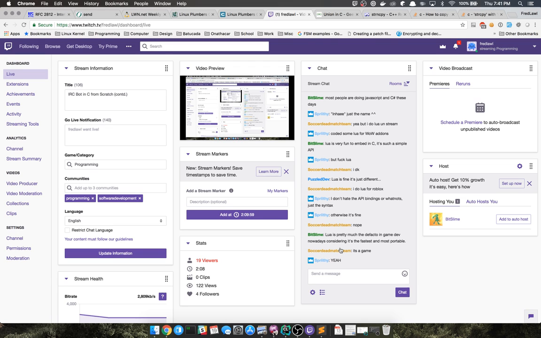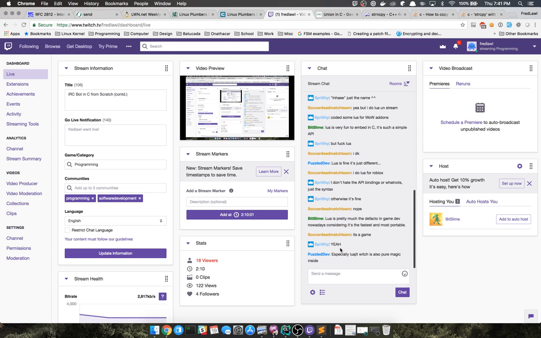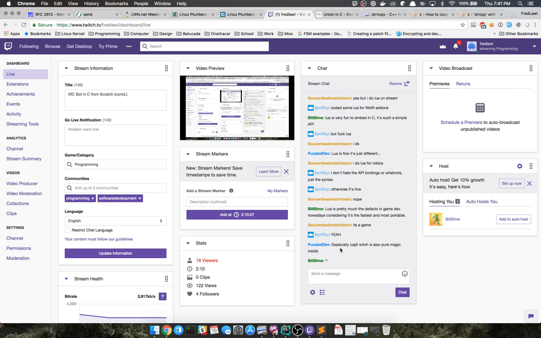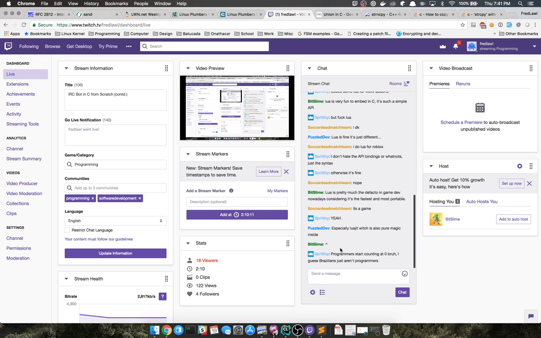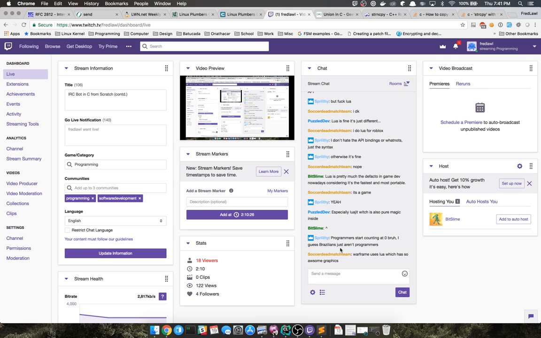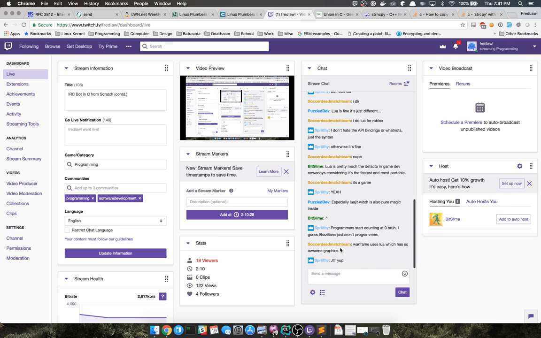Yeah, I never heard of Roblox. Lua Just in Time, which is also pure magic inside. Is that just an interpreter that happens on the fly? Oh, really? So Lua was from Brazil. I had no idea. That's crazy.